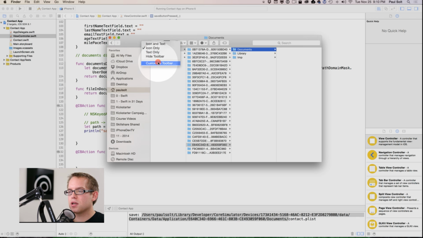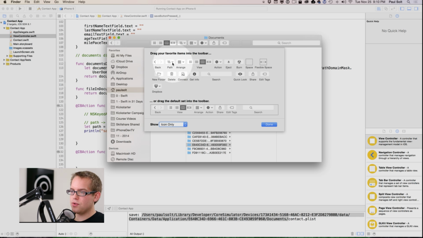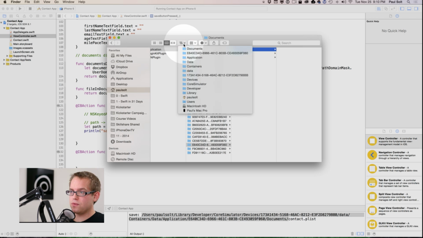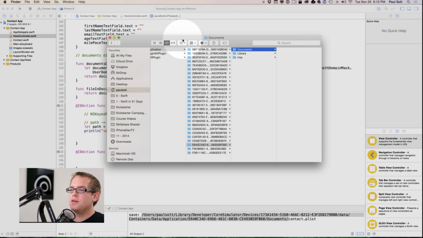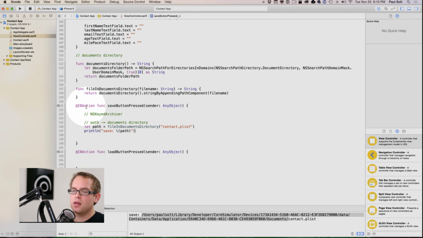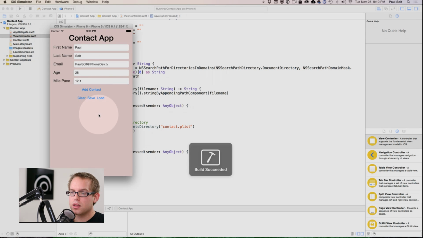Another tip I have is customize your toolbar. Make sure you add the path right here. Incredibly useful when you're working with path information and saving stuff. The nice thing about this, at least, is when you go between running, so we're going to see E64, this folder is actually going to update for us automatically, and I guess Apple's going to maintain the symbolic link or something for us,